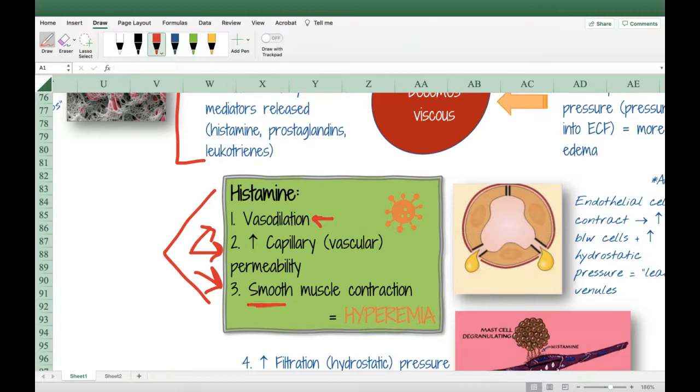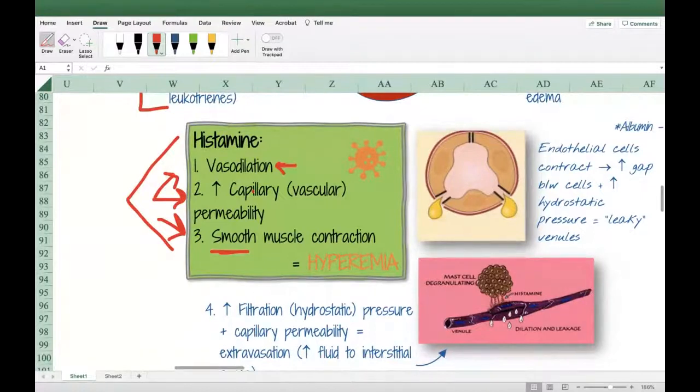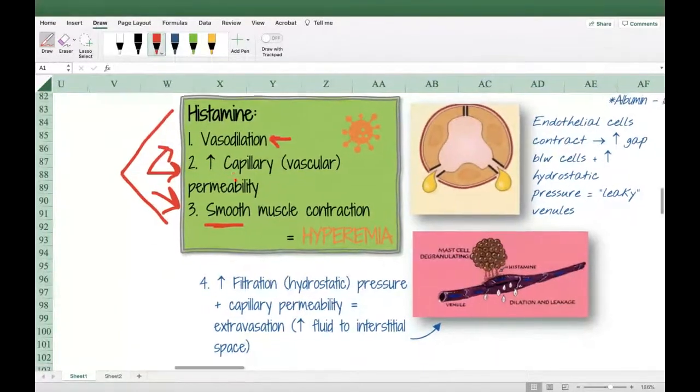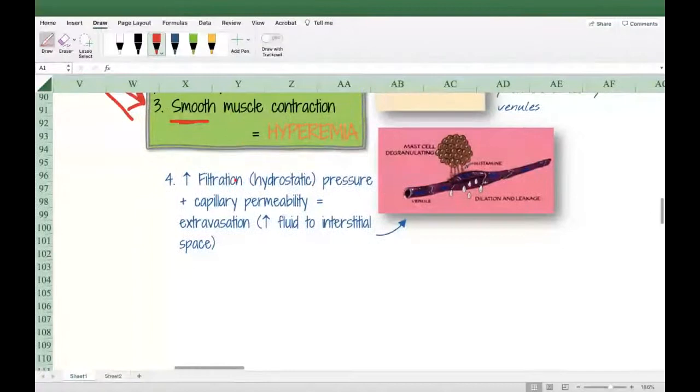And then you have this third kind of aspect here, this smooth muscle contraction. You guys are really lucky because it doesn't come up really in any of your notes. So let's just skip it, because we're going to focus on these two main things, this vasodilation and the increase in capillary or vascular permeability. So what's going to happen when you have that increase in vascular permeability, an increase in